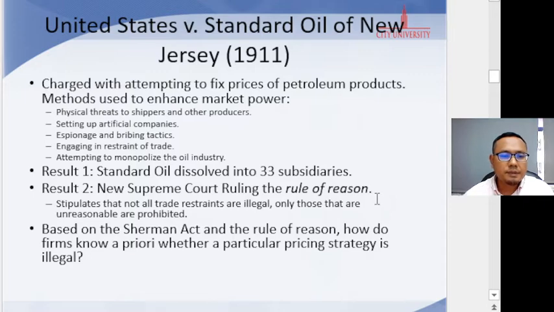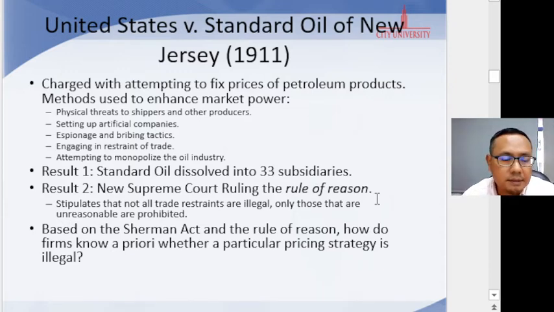So this is like the previous cases, like in the oil industry, US versus Standard Oil of New Jersey in 1911. You can see the example from the previous case, charged with attempting to fix the price of petroleum products. A few methods they used to enhance market power were physical threats to shippers and other producers, setting up artificial companies, espionage and bribing tactics, engaging in restraint of trade, and attempting to